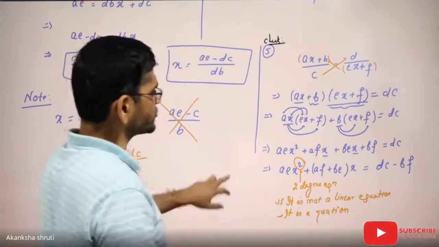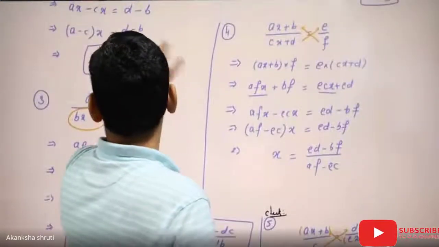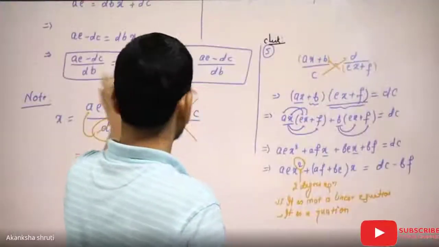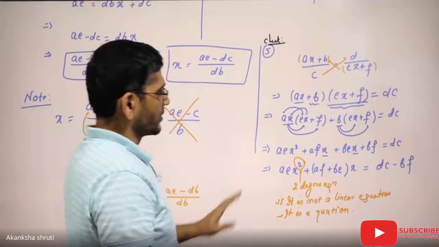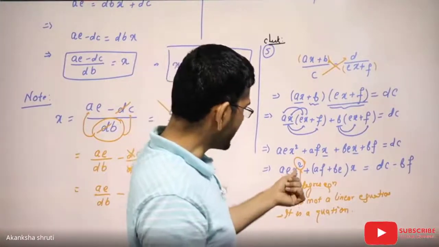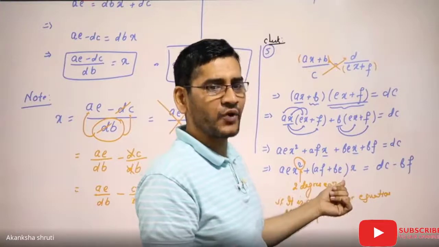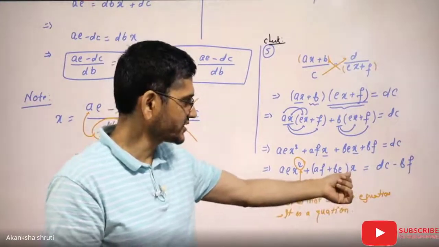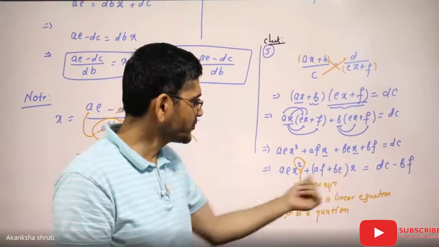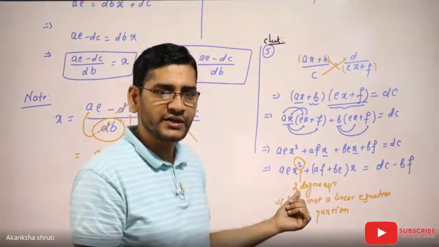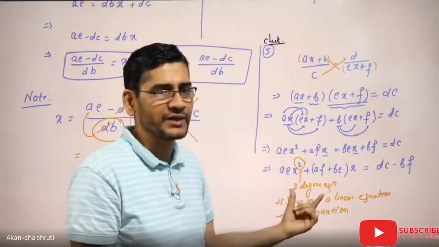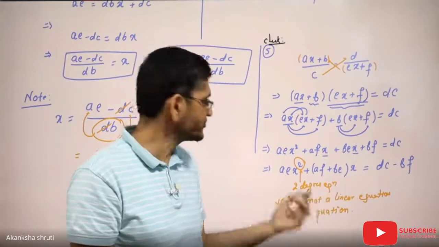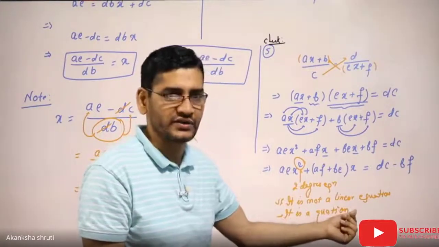Therefore, we cannot solve it by the method that we have learned for solving linear equations, means separating all the constants from the variable, because this x and x cannot be brought to a single point. We will learn in our next class or in higher standard, class 9, that this can be solved by the factorization method, or by the completing the square method, or using the quadratic formula method. There are 3 other methods for solving such a 2-degree equation.